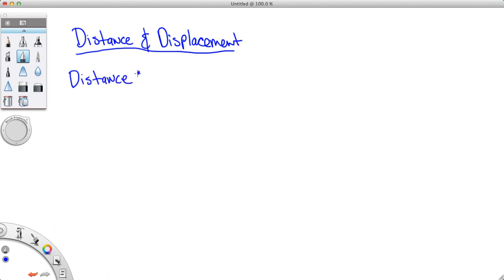Now, if I asked you right now to spend some time and write your definition of distance, you would say something like, it's how far away you go, or it's how far away something is. And that's true, but we're going to give you the physics definition of it, and it is a scalar. You should remember what a scalar is from our last video. Remember, a scalar is a numerical value, but it doesn't have direction. It's a scalar quantity